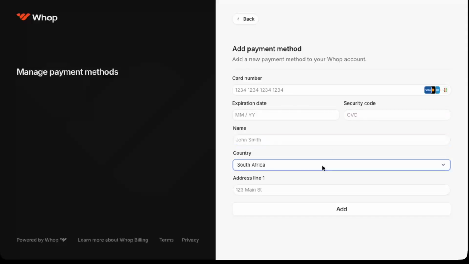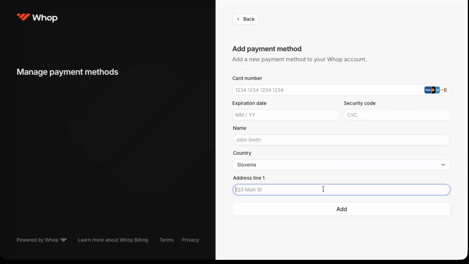Next, open the country drop-down and select your country. Below that, click into the address line and enter your billing address that matches the address on file with your card provider. When everything looks correct, click on the Add button to save your new payment method. Whop will process the details, and your card should now appear in your list of payment methods, ready